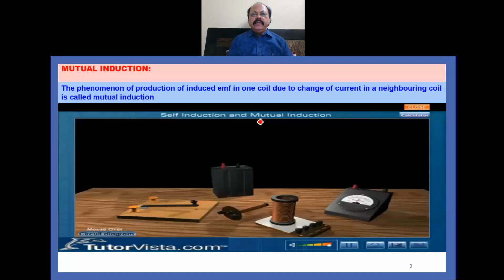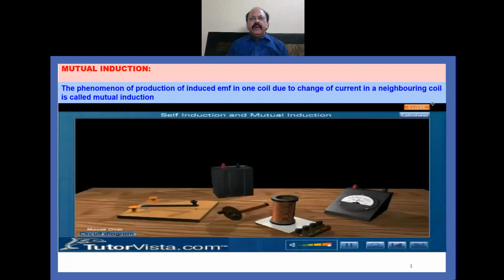So first you understand this phenomenon of mutual induction. Basically it is the phenomenon of production of induced EMF in one coil due to the change of current in the neighboring coil, and it is called mutual induction. In other words, you must understand the difference between mutual inductance and mutual induction. Mutual induction is the process or the phenomenon, and mutual inductance is the property of two coils by virtue of which